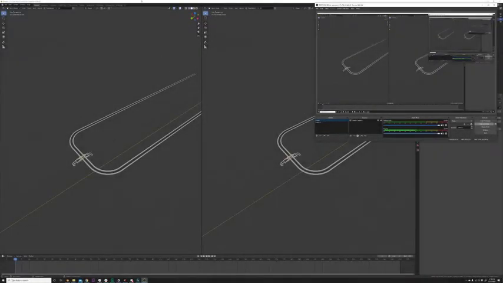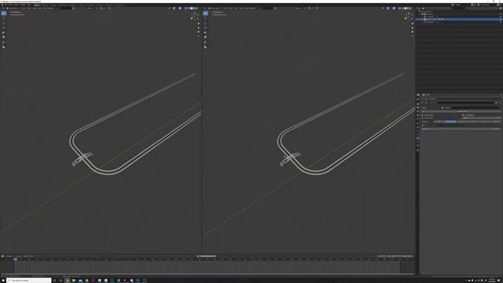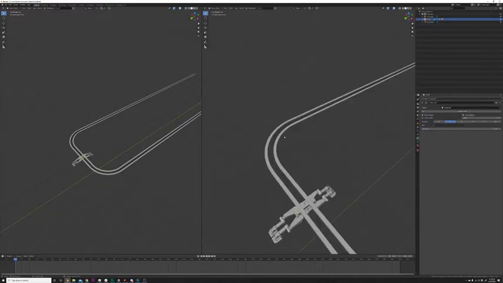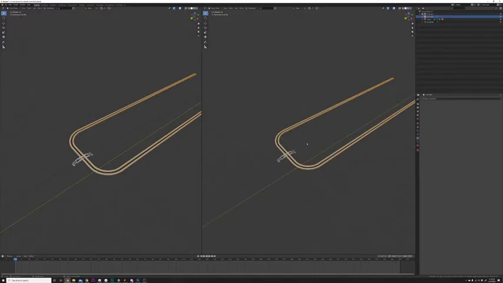All right, because I'm having some fun here, I'm going to go ahead and record another quick tutorial for you. This is a way to create those tracks really easily, and as I showed you,